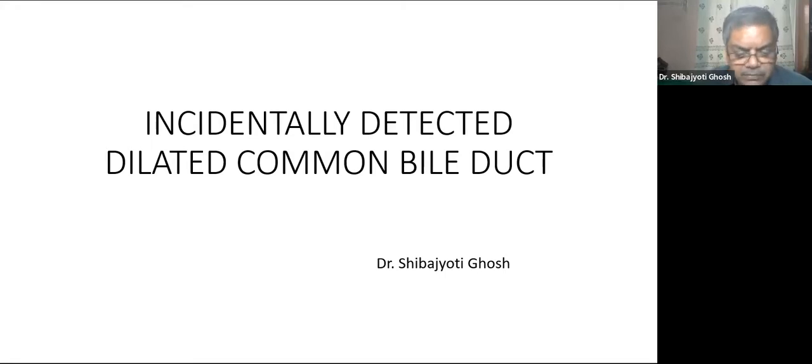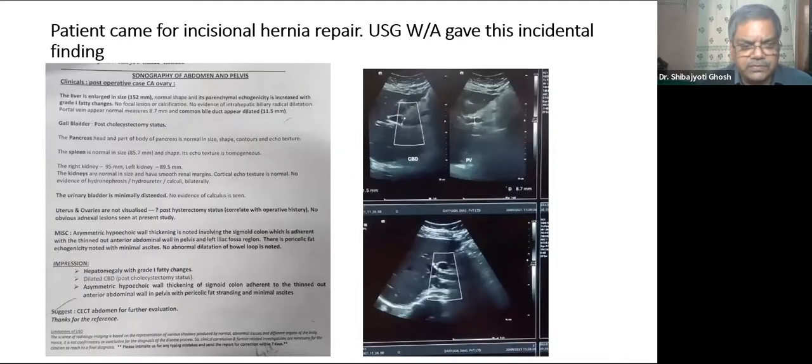So for the evaluation of abdominal symptoms, ultrasonography has become the first line imaging investigation modality nowadays. And as a result of that, we are seeing gradually more and more cases of asymptomatically dilated common bile duct. Now, the question is what to do with such patients. Should we ignore the asymptomatically dilated common bile duct, or start a battery of investigations to establish the cause of dilatation, which may or may not be cost effective,